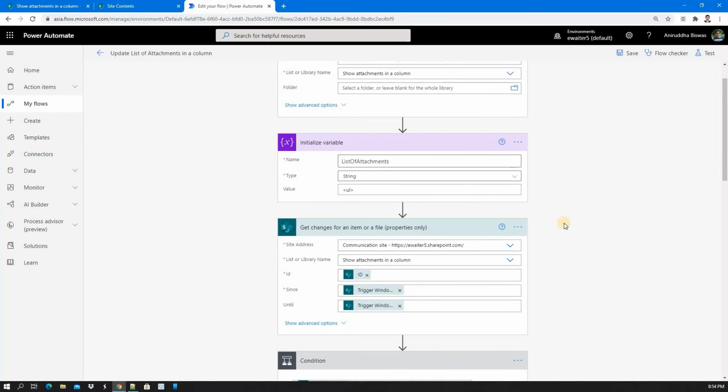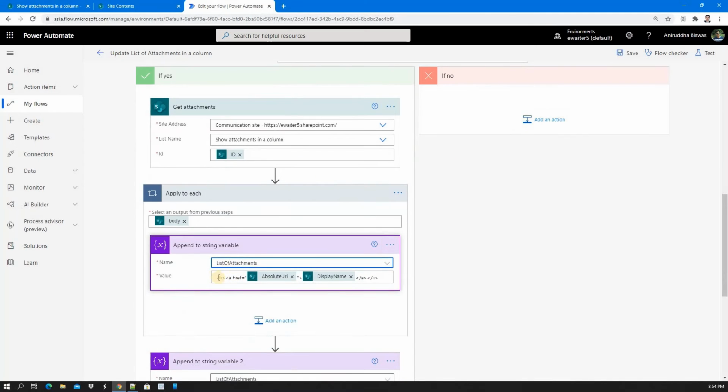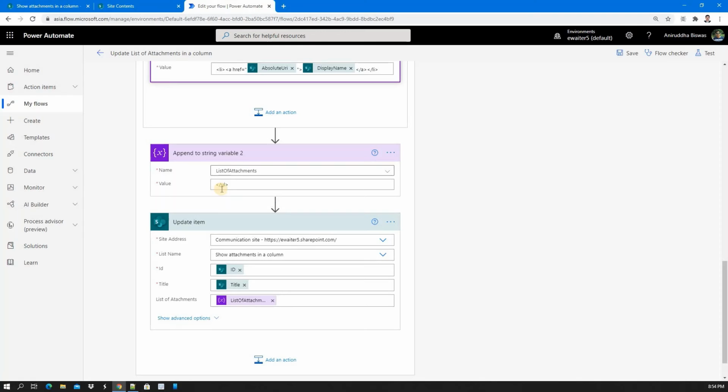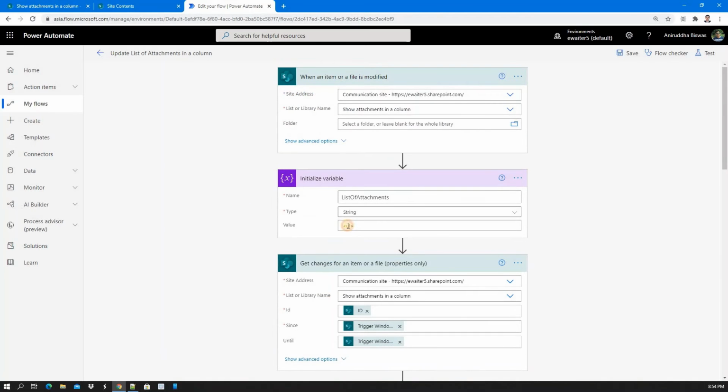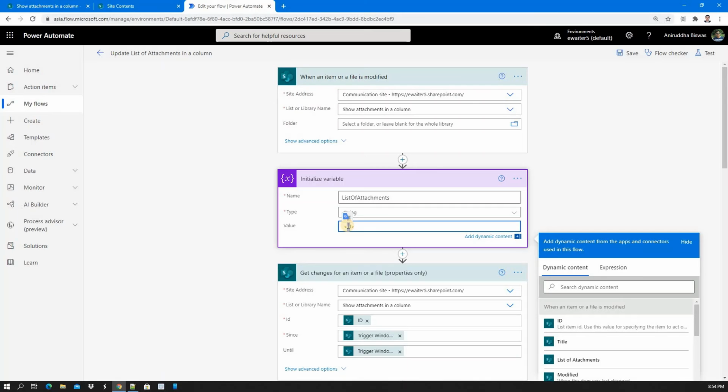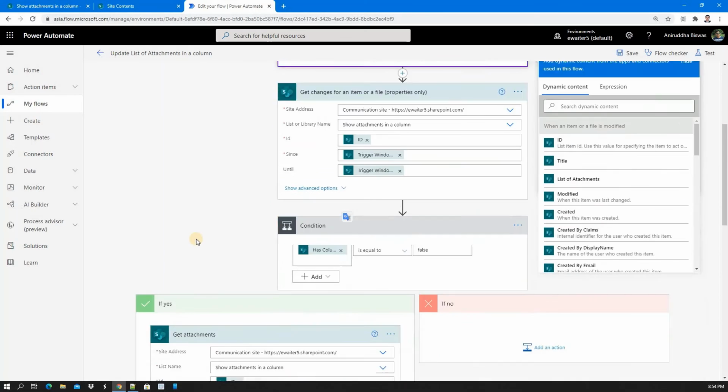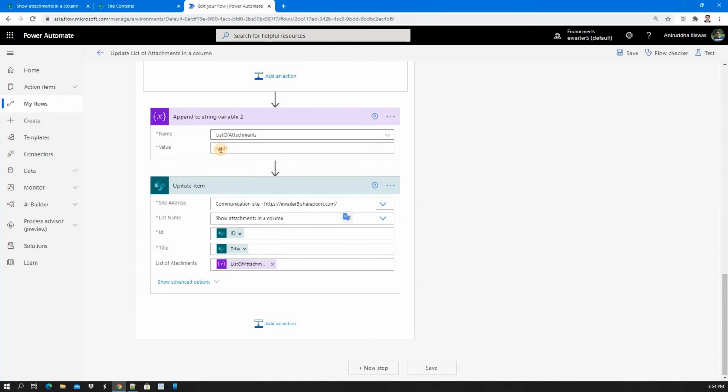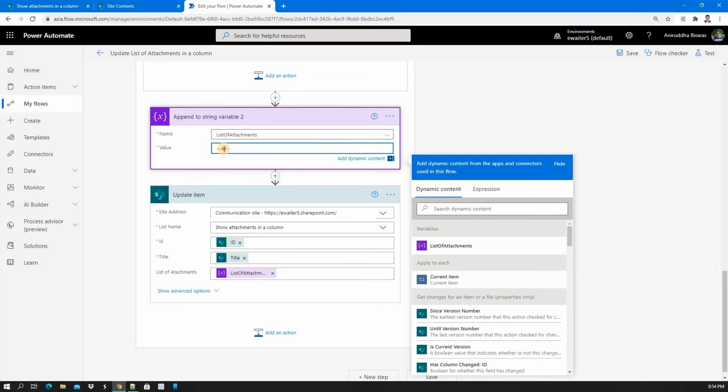Select that variable which we have created already. And then, as I said, li, then anchor tag, href, then the absolute URL, and then the display name you can provide like this. Then you need to close the list HTML tag. As I said, if you want to change it anytime, you can change it to O, so it will be an ordered list.